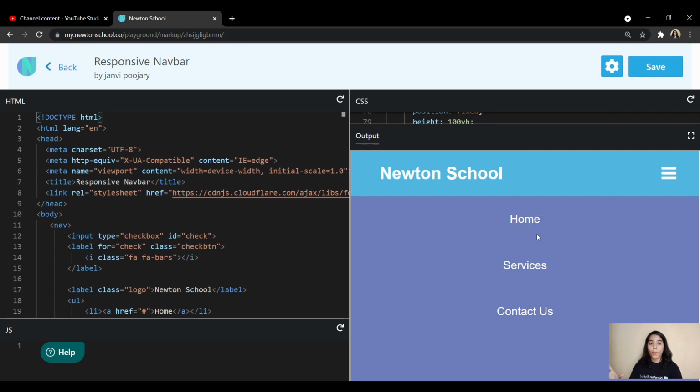On desktop mode we made its display none, and when the screen size reduces, we made its display block. We made UL's position fixed, and whenever we check that checkbox, its left turns to 0, and whenever we are not checking it, its initial value is minus 100%, so that we can see it easily.